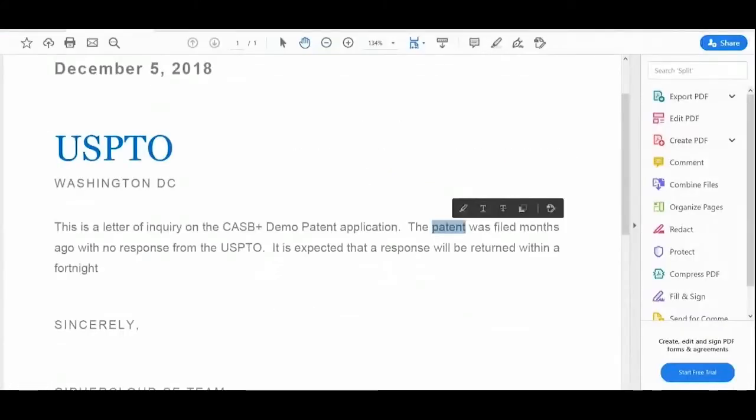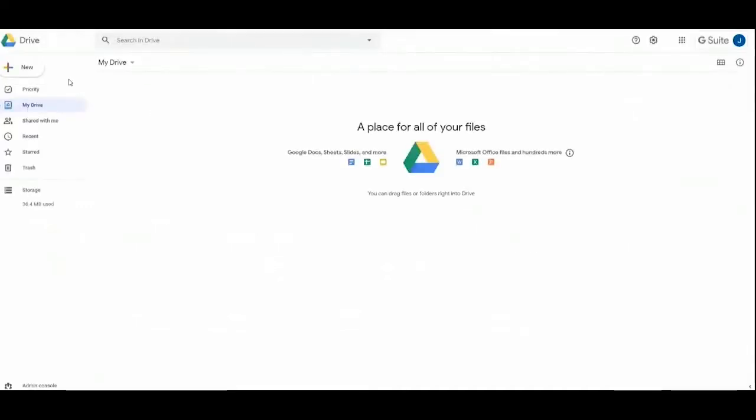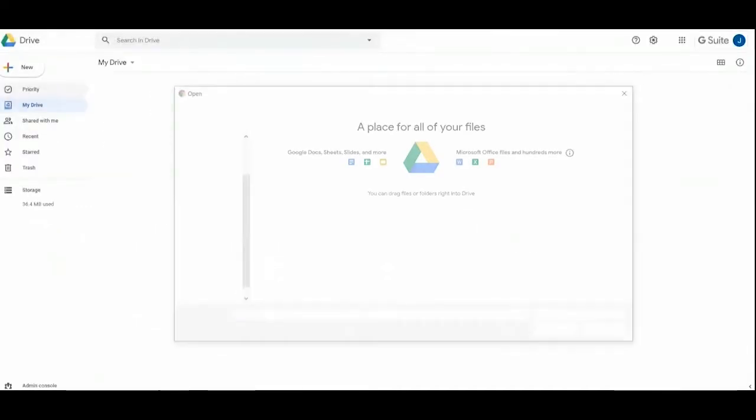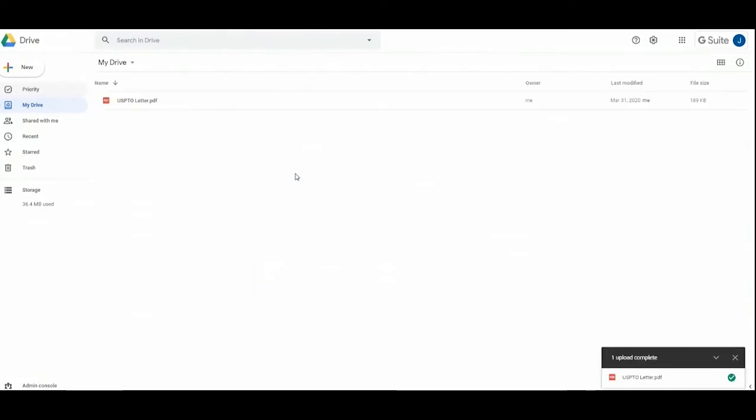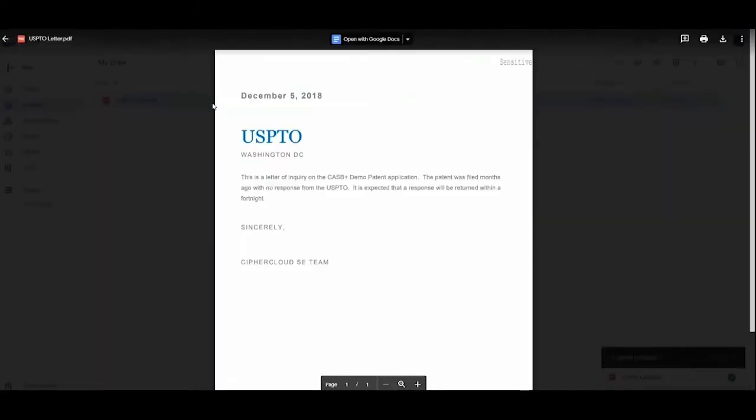Just to call out, right? I'm looking at the top right corner of the document. There's nothing out there, right? So this document is prepared and it's dropped into G Suite now. So we are uploading the document, that patent information, and then let's go ahead and open and see what happens,